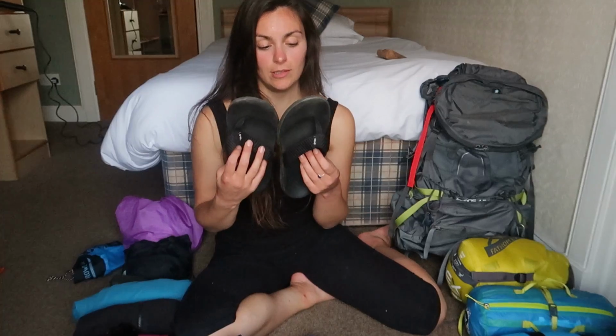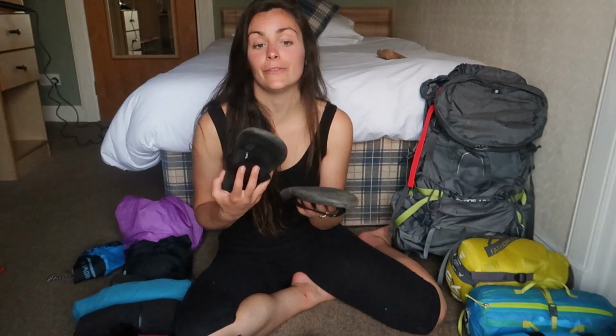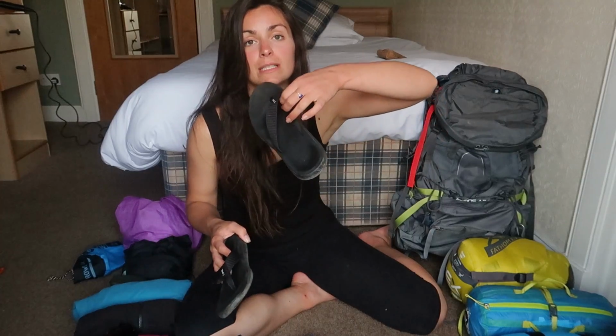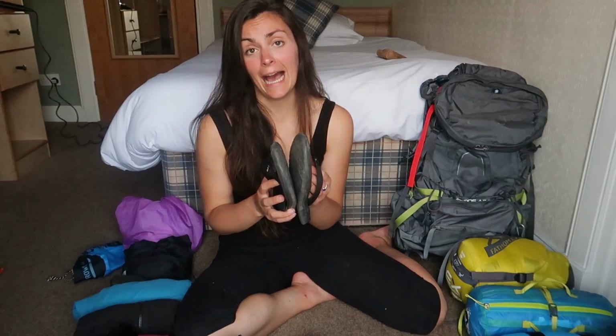So as base camp shoes, I brought these little Teva flip-flops and I've been loving them. As I said, as soon as I see that there's a track that's even ground, it's not grassy and it's just rubble or tarmac, then I put those on and I give my feet a break, and those are super comfortable. I love Teva sandals. I actually hiked a 6-day hike just exclusively in Teva sandals, but it was a different model. They also had an ankle strap and it wasn't a really warm climate. So I love Teva sandals and I would happily hike a full hike with those on,